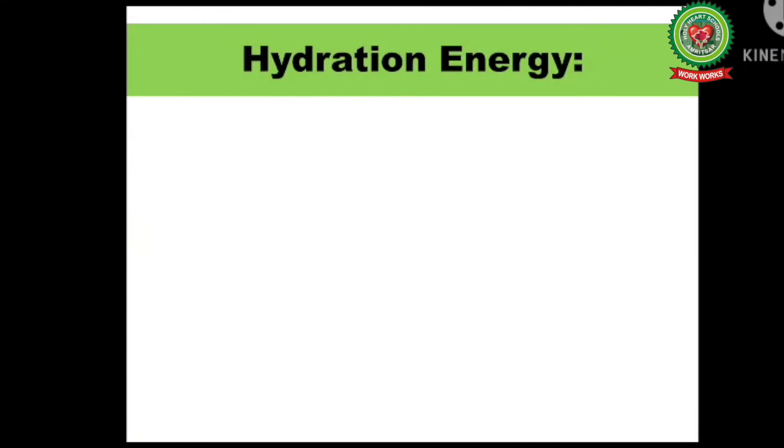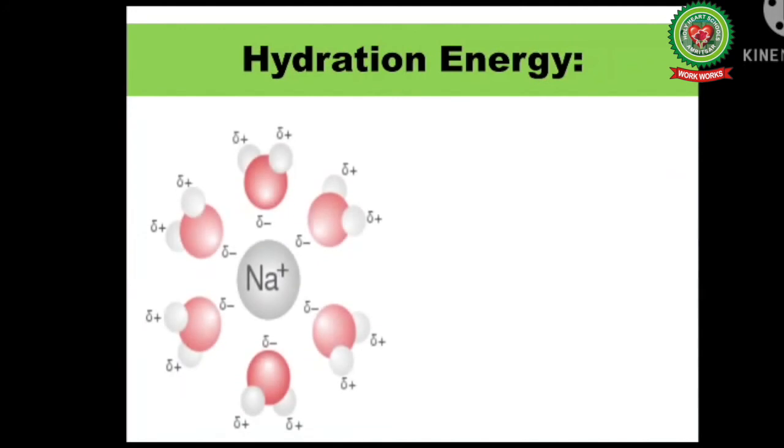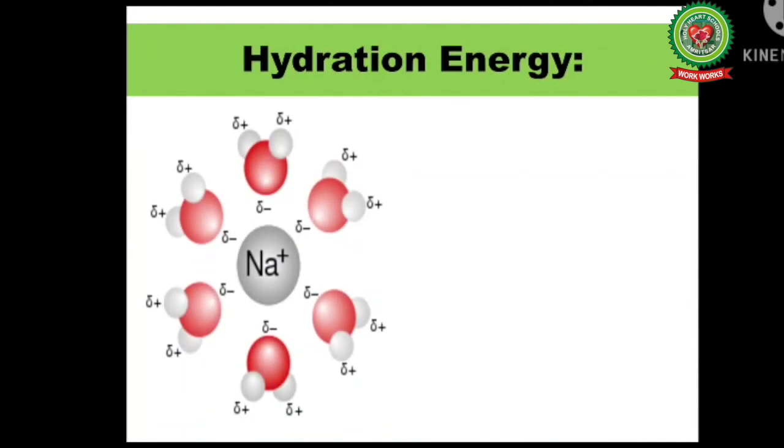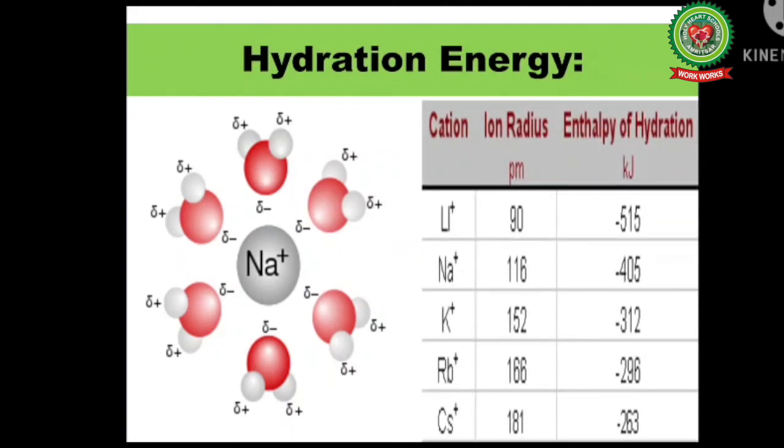Hydration energy. The energy released when 1 gram mole of an ion is dissolved in water to get hydrated. Now, the smaller the cation, the greater is the degree of its hydration. Basically, hydration is an exothermic process, and if the size of the cation is small, it means the hydration energy which is released will be more. Now, when we move from lithium ion towards cesium, the degree of hydration decreases. So hydration energy decreases when we move from lithium towards cesium.